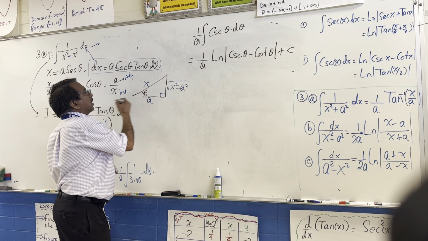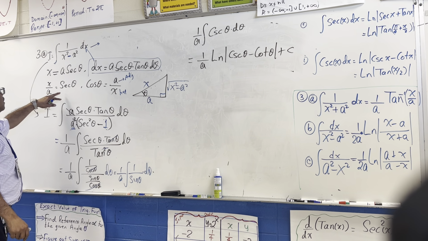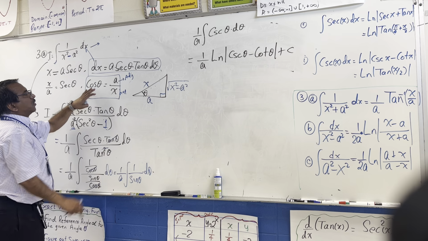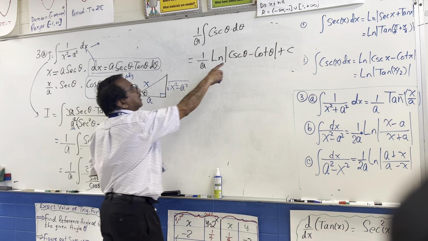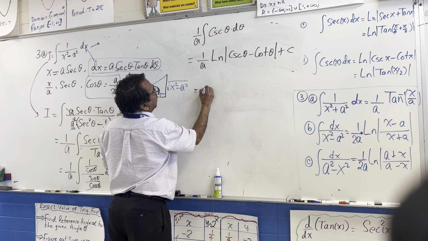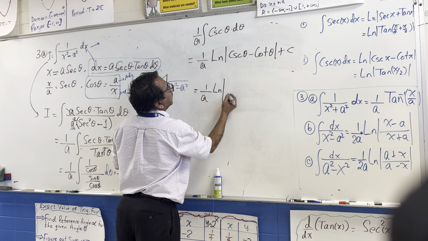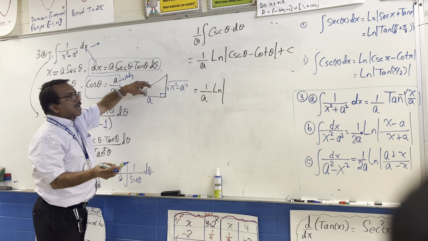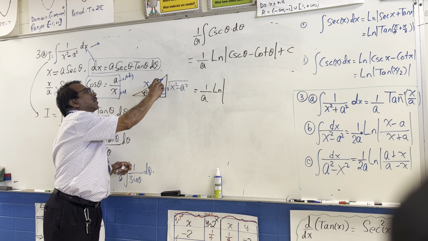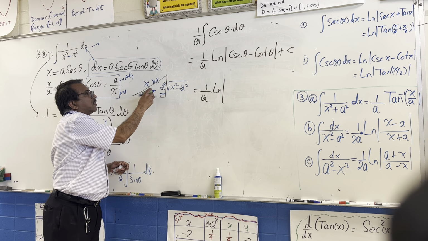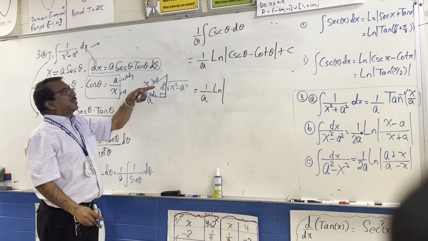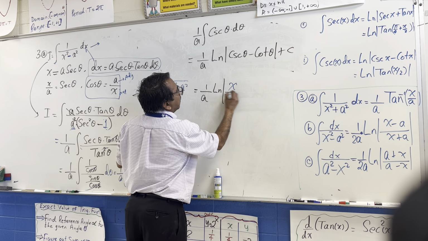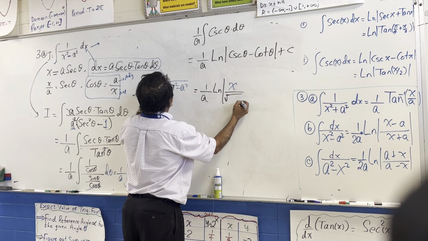This is the theta, because secant is x over A, so this is important. From here, using this, we got this form. Now we have to directly substitute in terms of x. So this is 1 over A ln cosecant. Now what is cosecant from here? It's the reciprocal of sine, right? Sine is opposite over hypotenuse, that's the opposite, that's the hypotenuse, that's the adjacent. But cosecant is hypotenuse over opposite, so it's x divided by the square root of